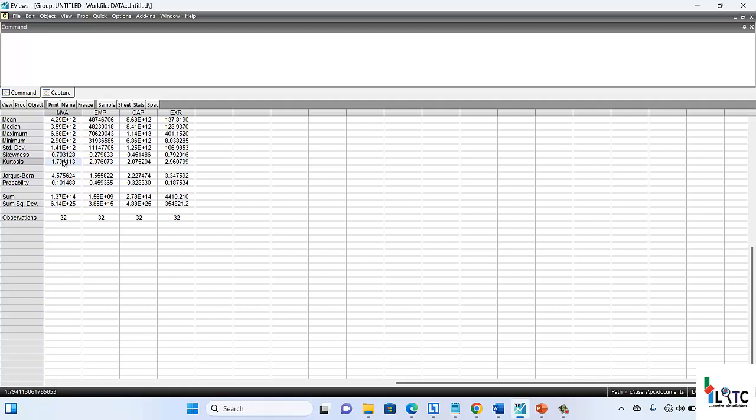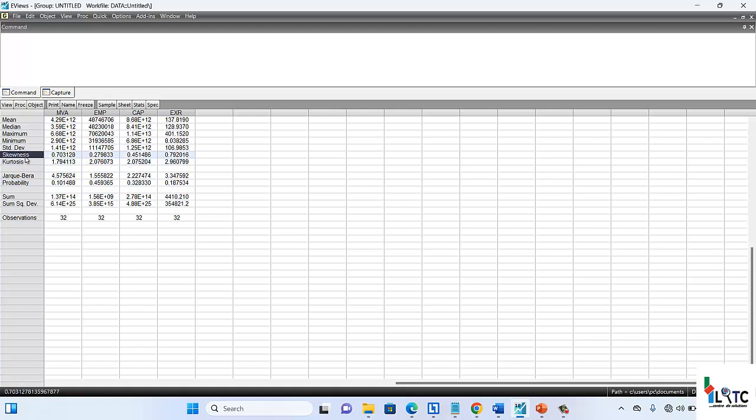While kurtosis, on the other hand, measures the thickness or the flatness of this particular variable, and in this case it shows whether it is leptokurtic or platykurtic. Most times we don't interpret this in our analysis, except you are working on a project, maybe undergraduate or your thesis or your doctoral thesis. You may explain those two statistics. But when you are writing a paper, an article, you don't really need to present the